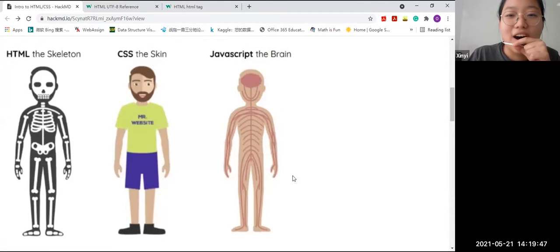JavaScript we might not cover today, but in the next step we'll talk a little bit about it. It makes the website not just a web page, but like an app, like the apps you use on your mobile phone or desktop software, which you can use to do a lot of things. HTML and CSS can only help you build a web page. It's static, it's not moving, but JavaScript can help your web page become a web app,